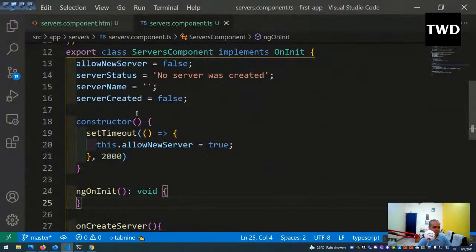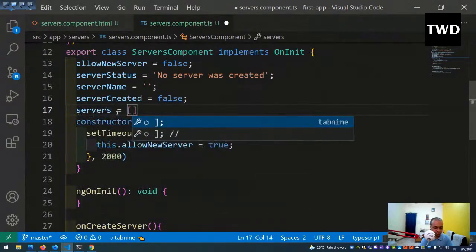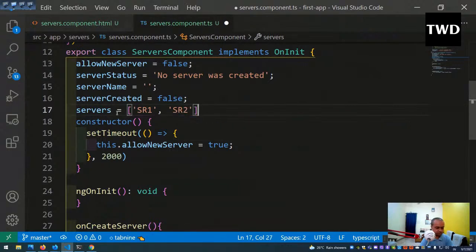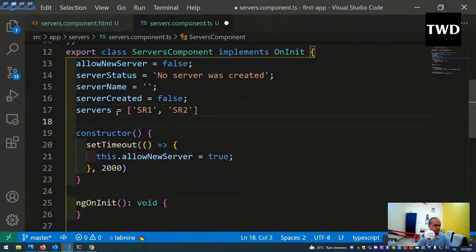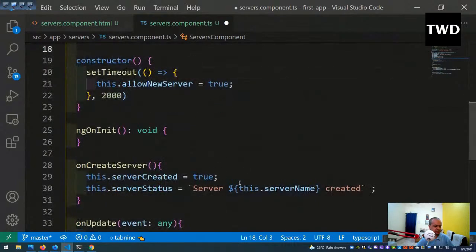And here let us have two servers equal to sr1 comma sr2. Okay, sr1 and sr2 is there, and then onCreateServer is there,